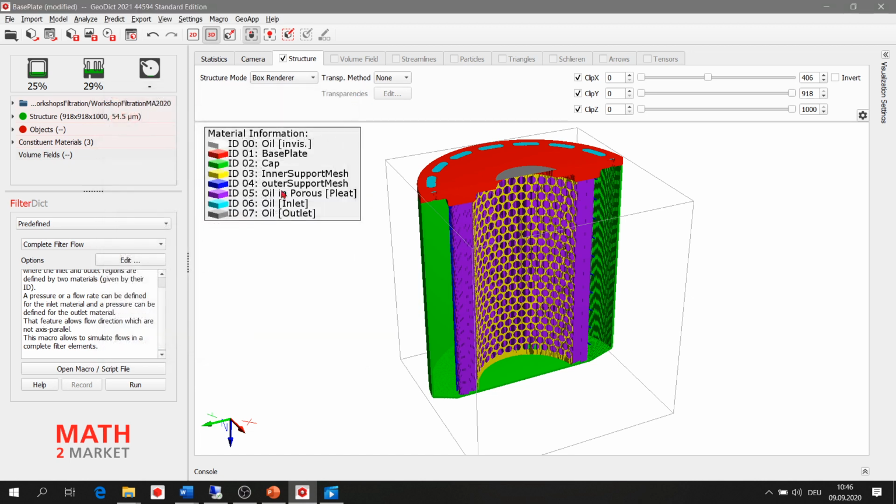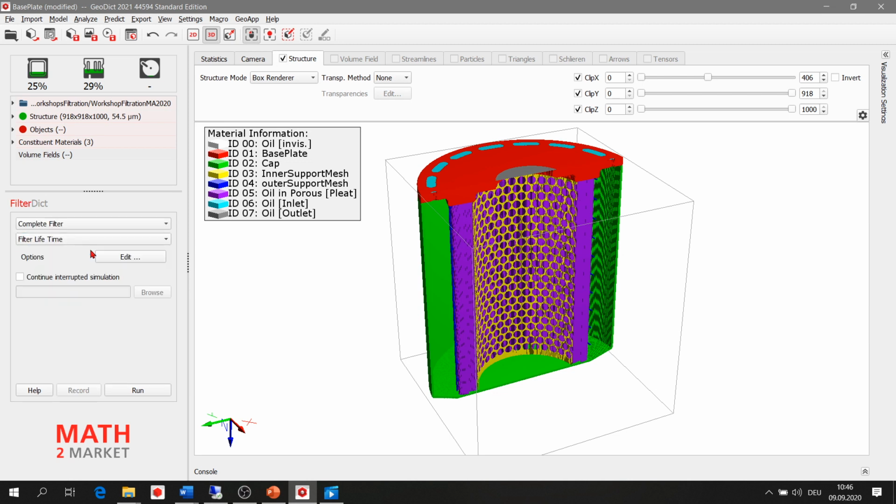But let's say now we have also particles and we would like to simulate the filtration. This was also available last year, as we also did in the workshop, but now we have a new graphical user interface for the complete filter simulations, for particulate flow simulations.